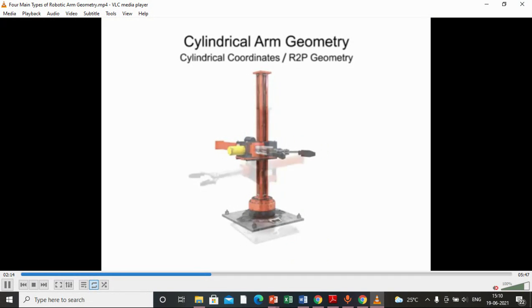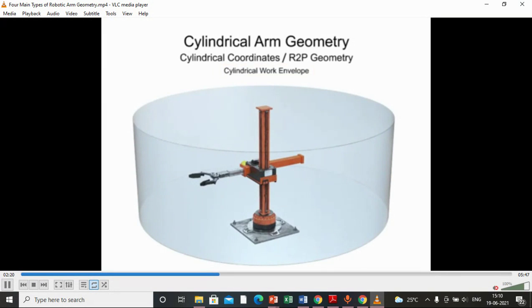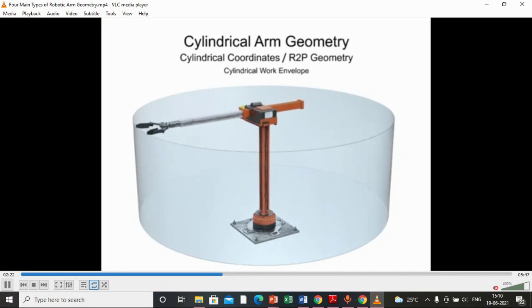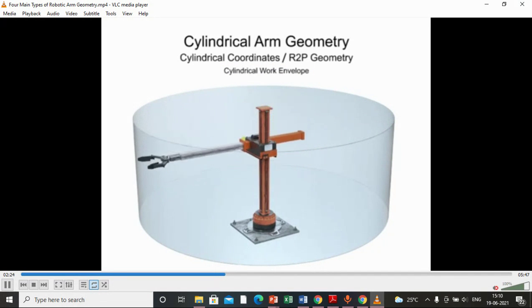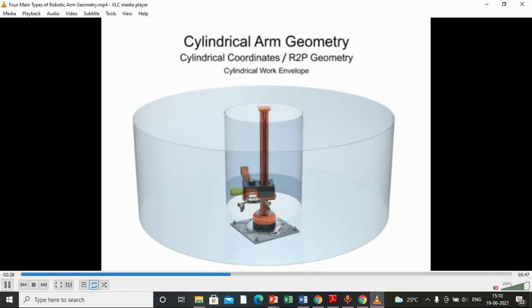So these are the three degrees of freedom present in the cylindrical arm, one rotational and two linear. That's why the envelope is cylindrical, and that's why it is called cylindrical arm geometry.